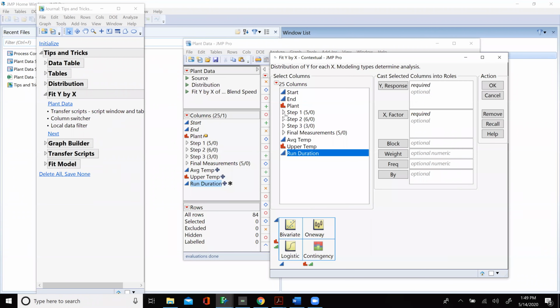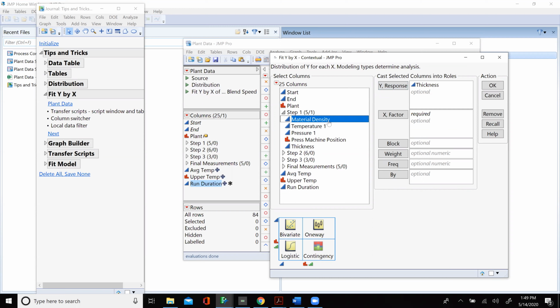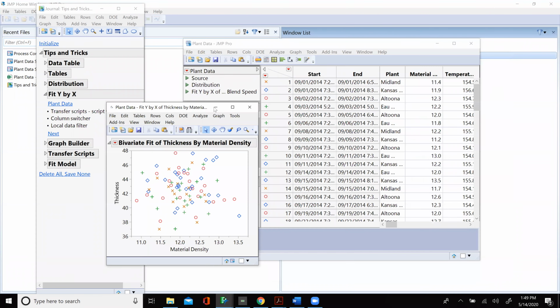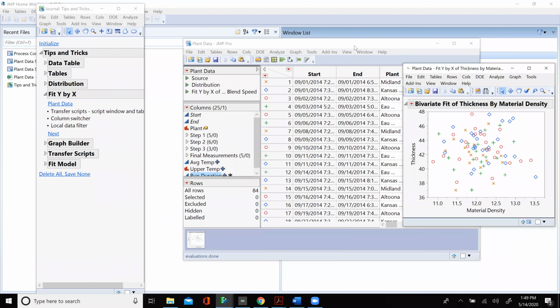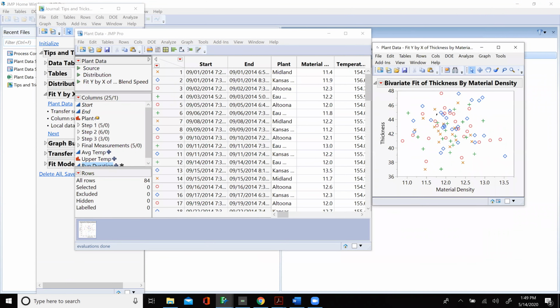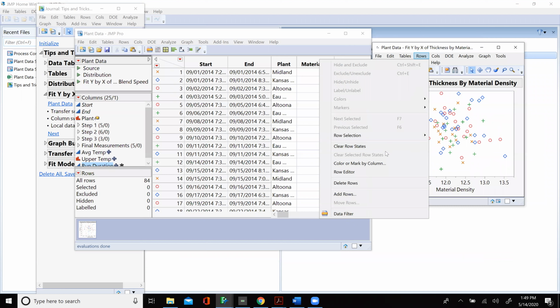Let's look under step 1. Let's look at thickness as my response, and material density as my X factor, right? Does it look like there's a relationship? Well, first, those of you a few people new to JMP, hold tight real quick. Watch this.